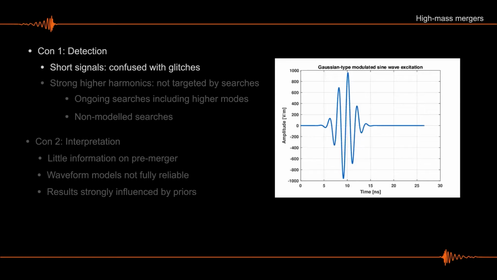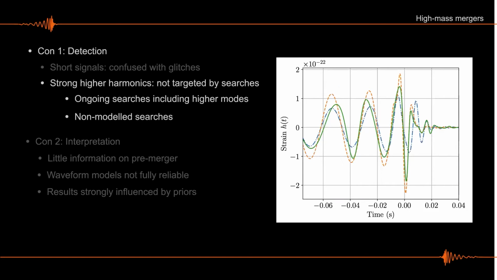But these things are very challenging to detect. First, because of their morphological properties, they're very short, so they can be very easily mimicked by things like this, which are glitches that populate our data. So if we have signals like this that are actually morphologically identical to glitches, to noise artifacts, it's very difficult to tell them apart, and that makes the detection a lot harder.